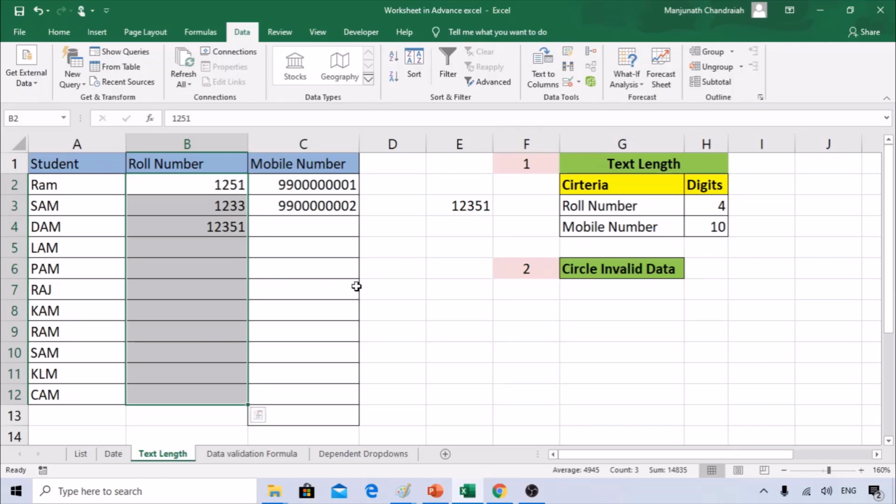It is going to circle wherever a cell has invalid data after setting the data validation. We already set this data validation for 4 digits. You can click on the circle invalid data option, and it will mark the particular cell with a circle. Let's do it again: data validation, under data tools. You can see circle invalid data under data validation below. So when you click this,